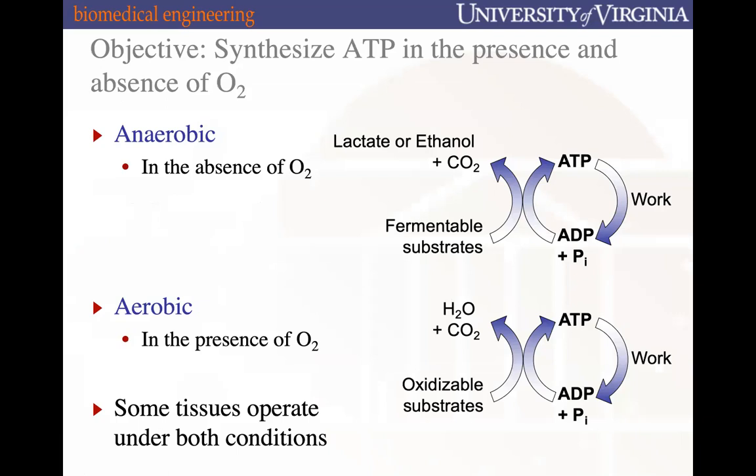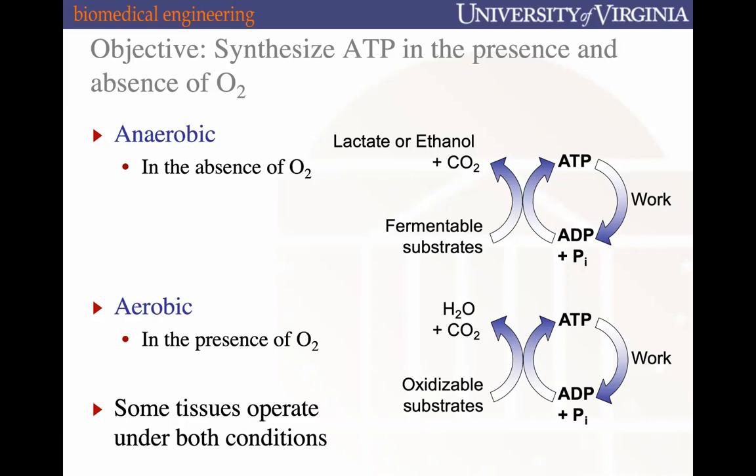So it's important to have the ability to synthesize ATP in different environments. The main differences in those environments that have evolved over time are in the presence or absence of oxygen. The synthesis of ATP in the absence of oxygen, which we refer to as anaerobic,